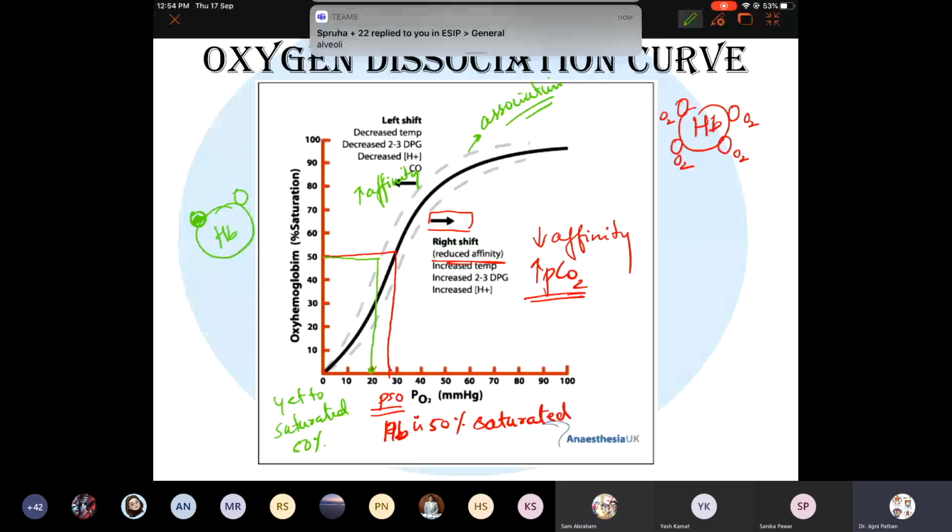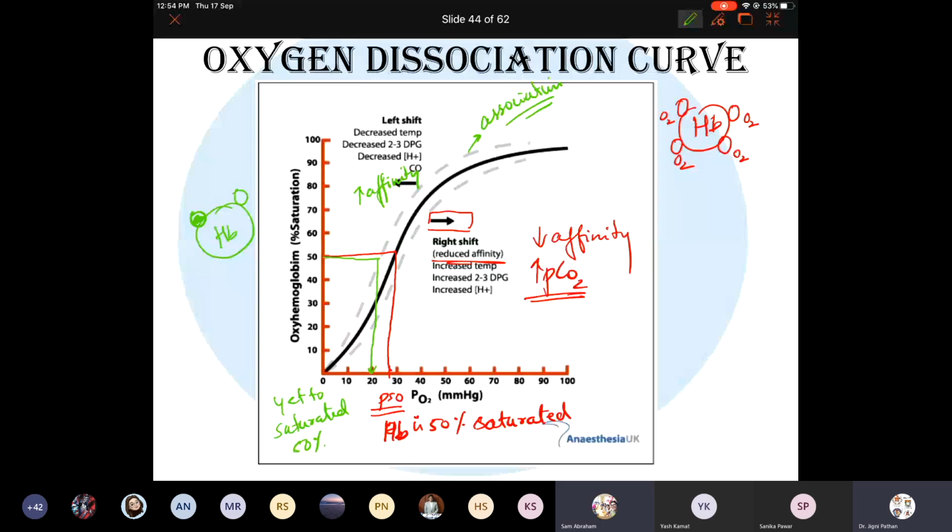So when it is left, it is higher affinity, because in the alveoli, obviously it should be higher affinity. The work of the hemoglobin in the alveoli is to bind to oxygen. The same hemoglobin, when it is at tissue level, has to dissociate. The affinity is less at the tissue level, for binding of oxygen. It's simple. Has anybody not still understood? Please go through yesterday's notes, everyone, quickly.